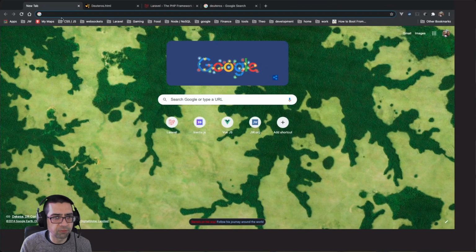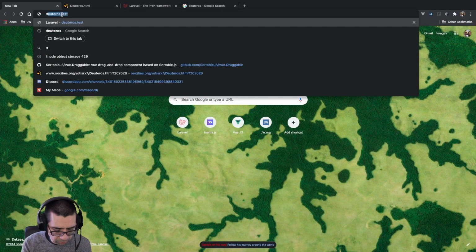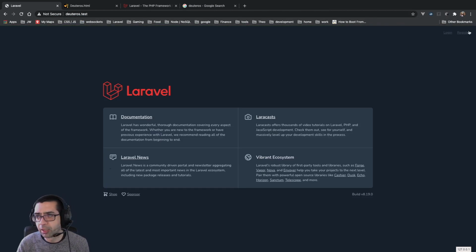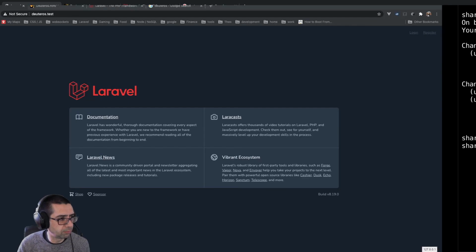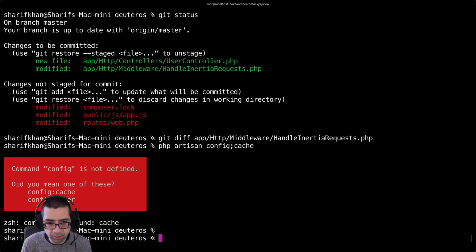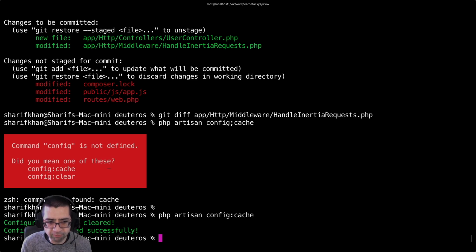So let's just make that full screen and go to deuteros.test, and let me run PHP artisan. What I've got into the habit of doing is just clearing out the cache every time. Oop, typo. Every time I want to do something that may have been affected by the .env file or a config file,